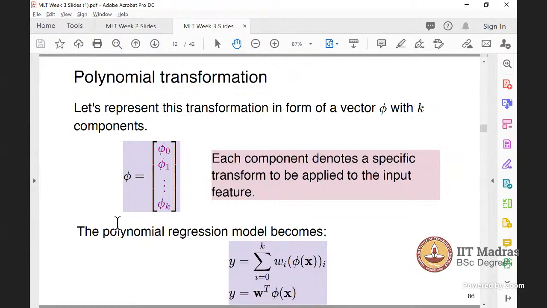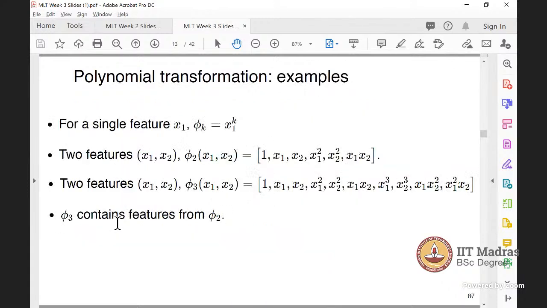So if we apply a polynomial transformation to our feature matrix, then the size of the weight vector also changes. This is something important. So here are some examples of polynomial transformation. The second one is a polynomial transformation on two features x1 and x2 of degree 2. The third one is polynomial transformation of x1 and x2, two features of degree 3. And you will find that on the right hand side for degree 3,